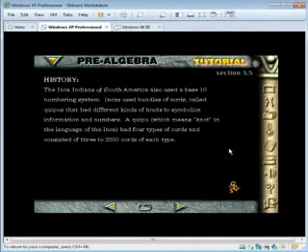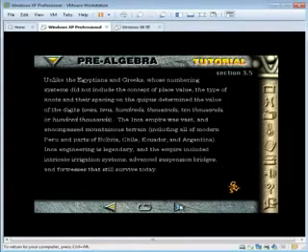History. The Inca Indians of South America also used a base 10 numbering system. Incas used bundles of cords called quipus that had different kinds of knots to symbolize information and numbers. A quipu, which means knot in the language of Inca, had 4 types of cords and consisted of 3 to 2,000 cords of each. Unlike the Egyptians and Greeks, whose numbering system did not include the concept of place value,